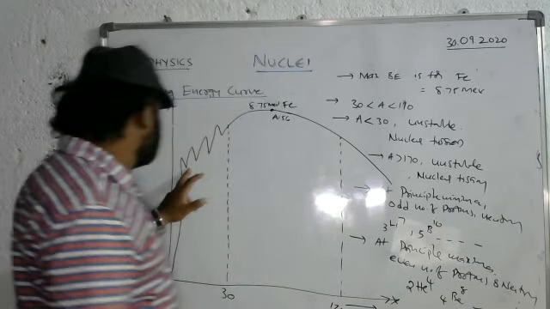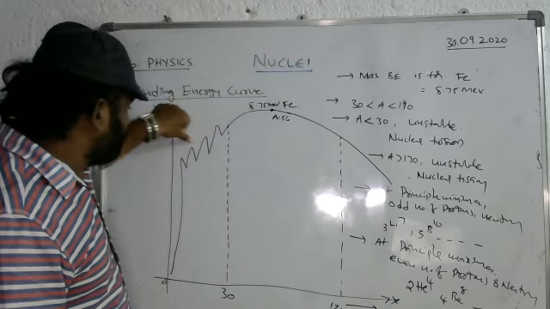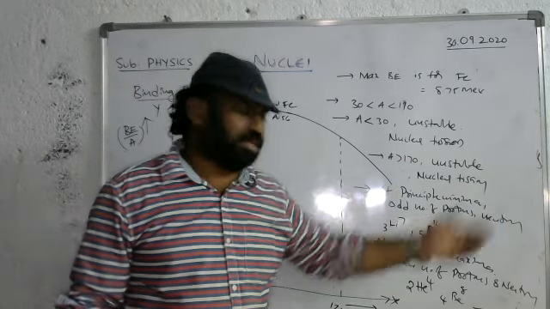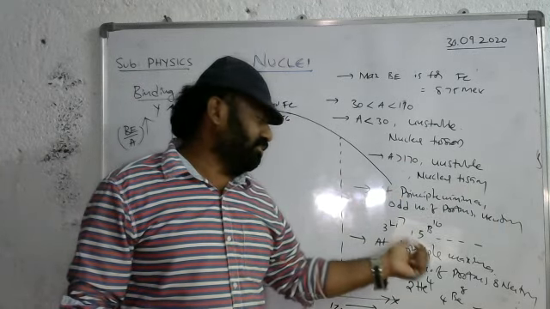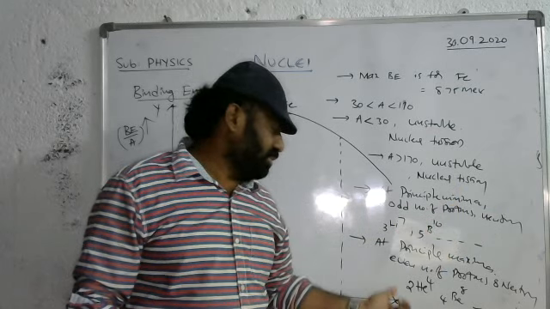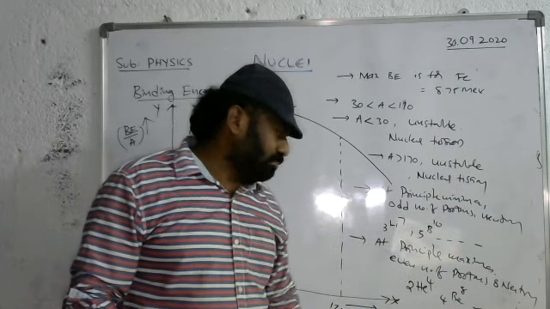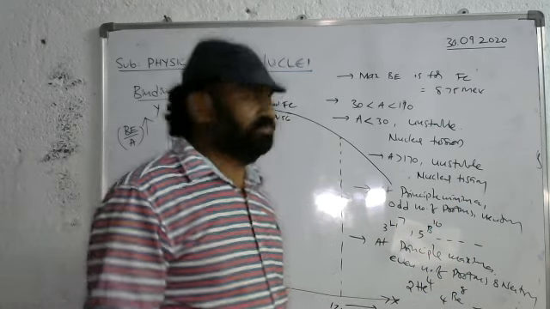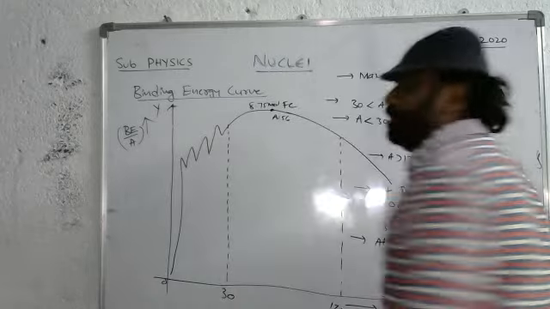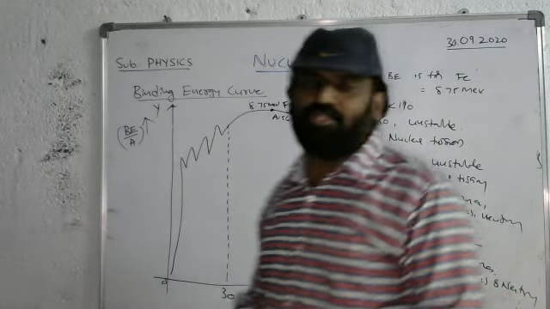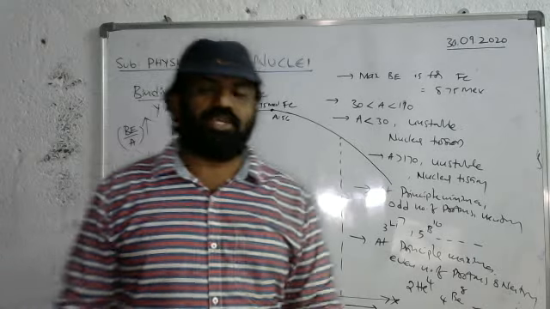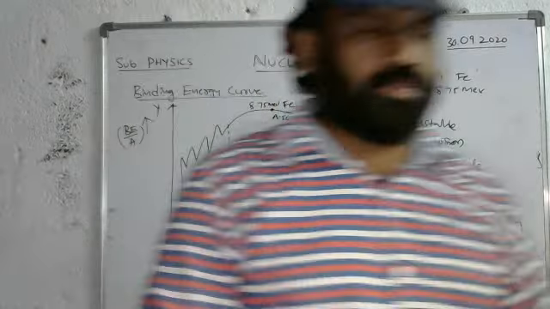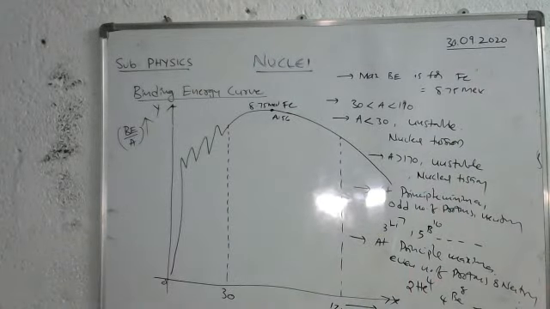And here, this is called the principal minima, and the upper portions are called the principal maxima. At principal minima, there exist nuclei with an odd number of protons and neutrons, for example 3Li7 and 5B10. At the principal maxima, there exist an even number of protons and neutrons, such as helium and beryllium. So this is about the binding energy curve, which explains the stability of nuclei, which elements are stable and which are not. Okay, so next we move to the next topic.